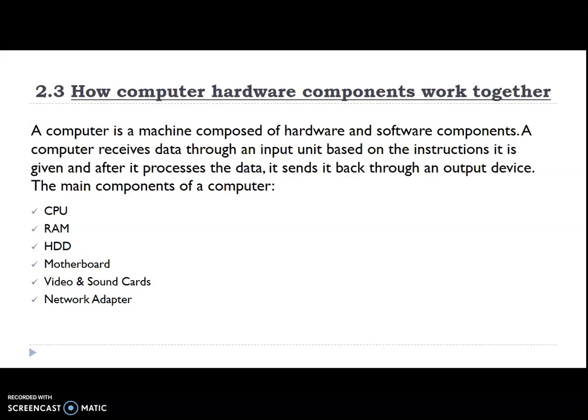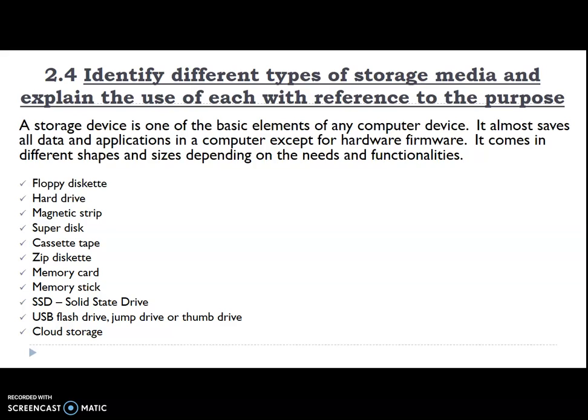A computer receives data through an input unit based on the instructions it is given, and after it processes the data, it sends it back through an output device. The main components of a computer are CPU, RAM, HDD, motherboard, video and sound cards, and the last one is network adapter. So after finishing this, let's move on to number 2.4,